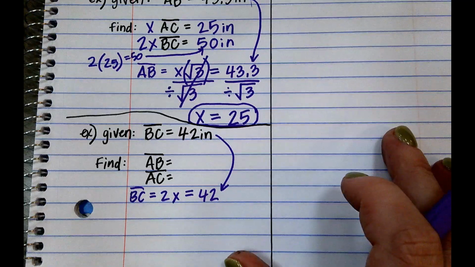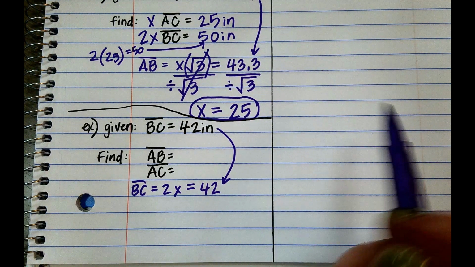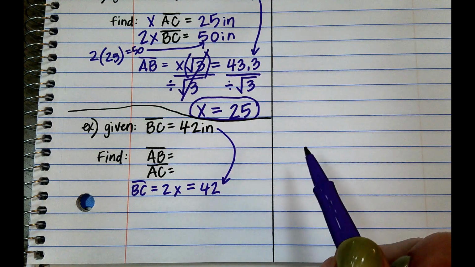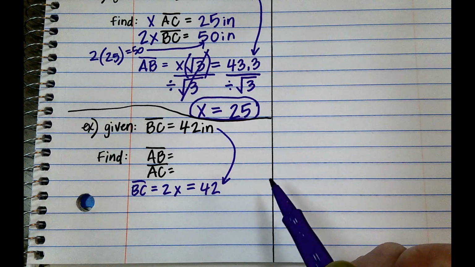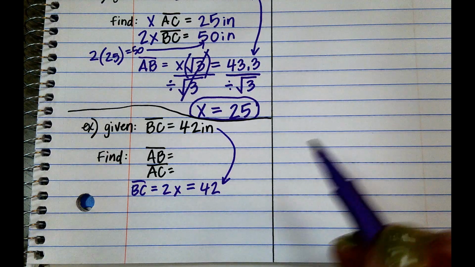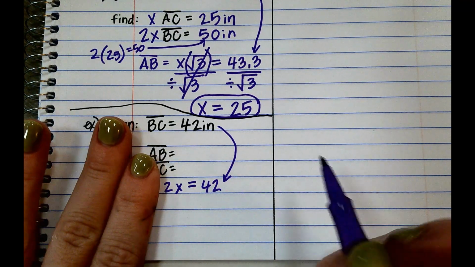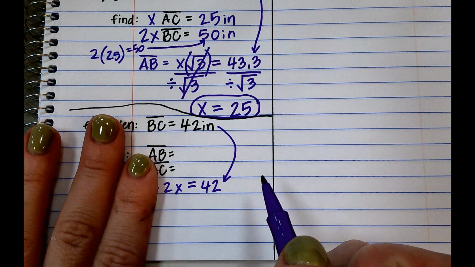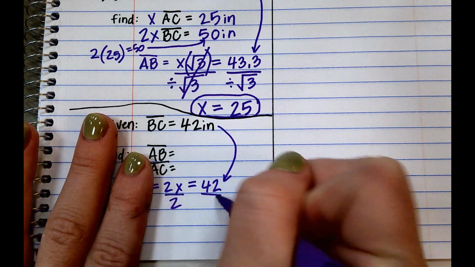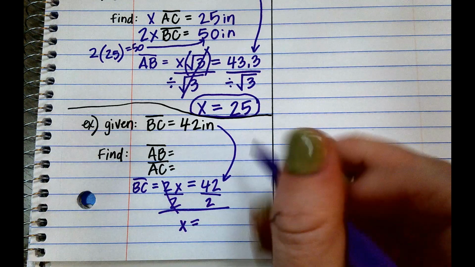Yeah. Okay, perfect. Just going off whatever side we're given, AC, then we just look for AB and BC. We have to use x. Yes, so we need to find x first. So, covering that up, how do I solve for x? Divide by 2 on both sides. And we get x equals